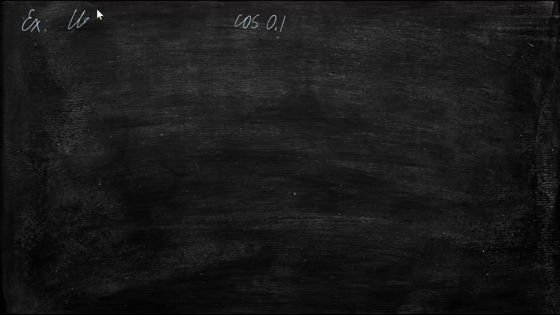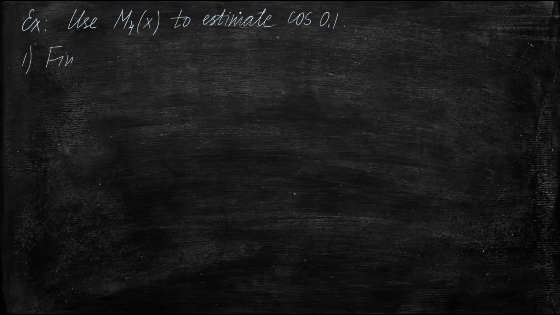Let's use M4, the Maclaurin polynomial of the cosine function, to estimate cosine of 0.1, and we're going to do it in steps. The first step is to find M4, the Maclaurin polynomial, and we're going to use the fact that